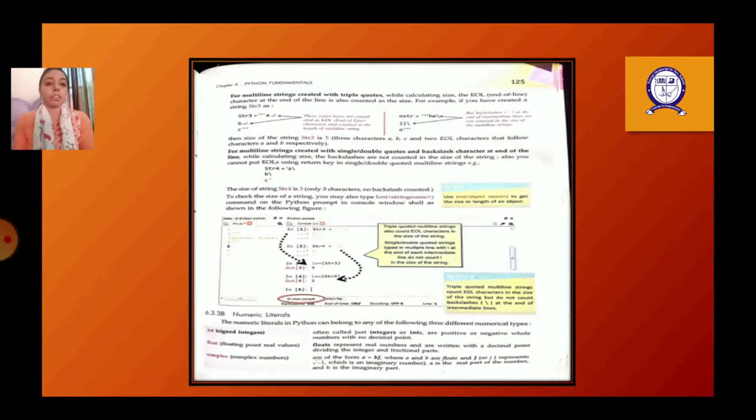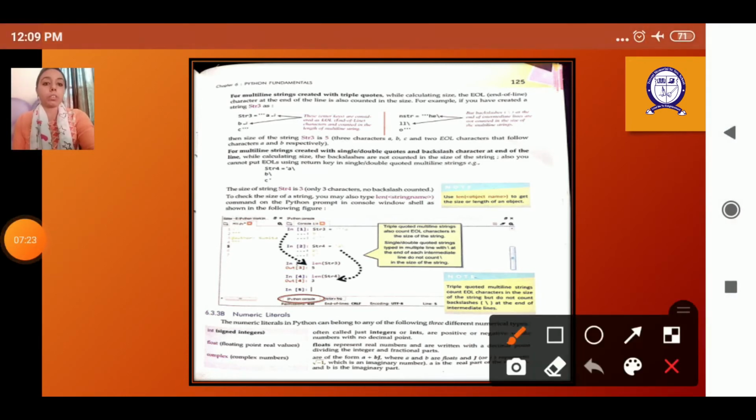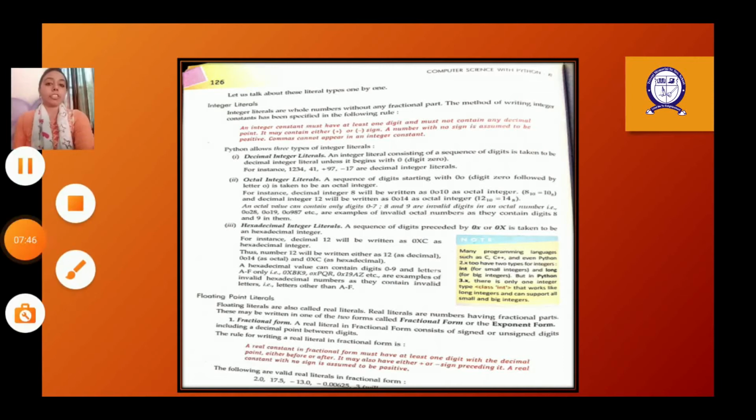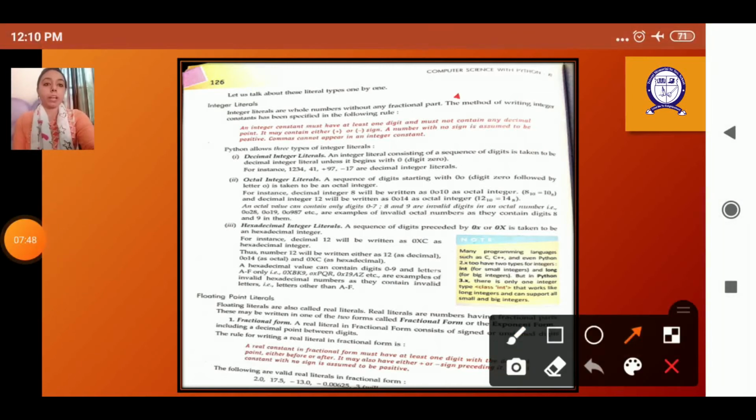After that we have the multi-line strings and the single line strings, which we have discussed. After that we have the numeric literal, in which we have talked about the numbers which can be formed. Like we have the integer literal in this one, which would consist of the whole numbers. Okay, then we have the floating point literals, in which we have the fractional values like 14.56, like that. And in the integer literal we have the decimal integer literal, octal and hexadecimal. So when we are writing the decimal integer literal, we have to specify it in this way, like 1, 2, 3, 4, minus 41, 17, it can be positive or negative.